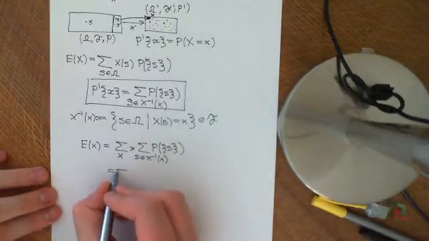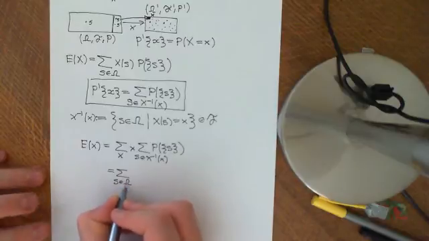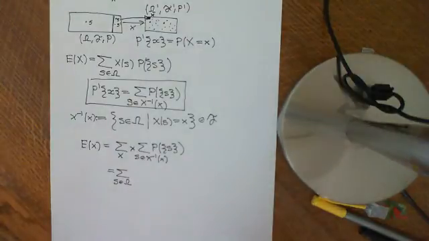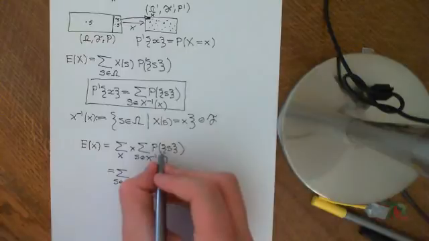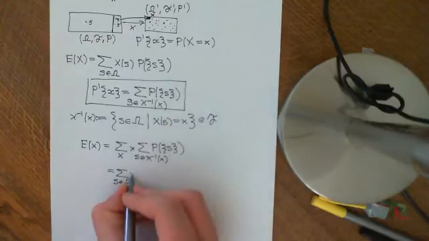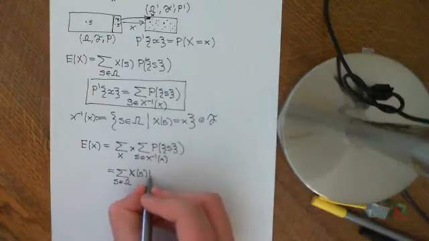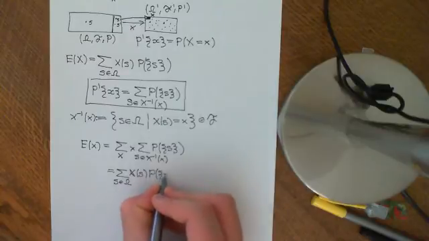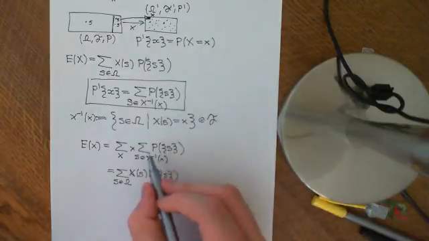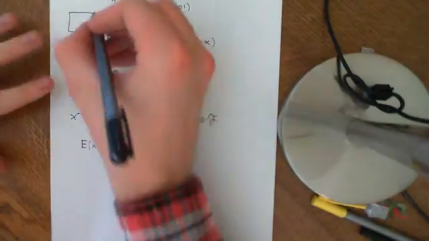So we could replace this by the sum over s, an element of the whole sample space, and then all we need to do is make sure that the probability of the singleton is multiplied by the appropriate x value, which is just what we need to do by putting X of s there times the probability of the singleton containing s. So basically, this and this are the same thing, because all we're going to do here is divide